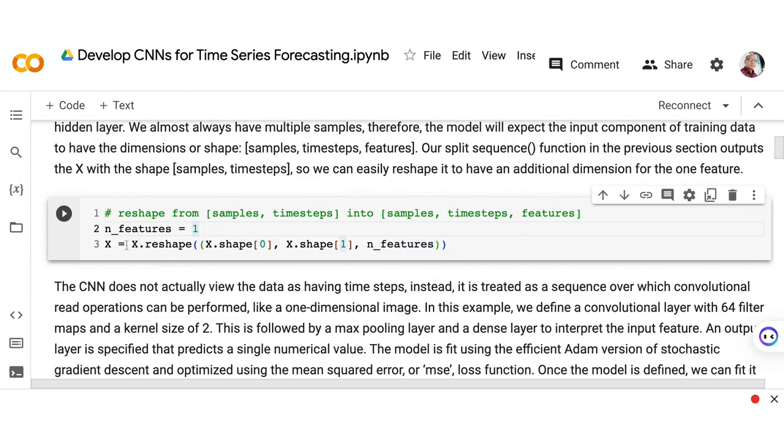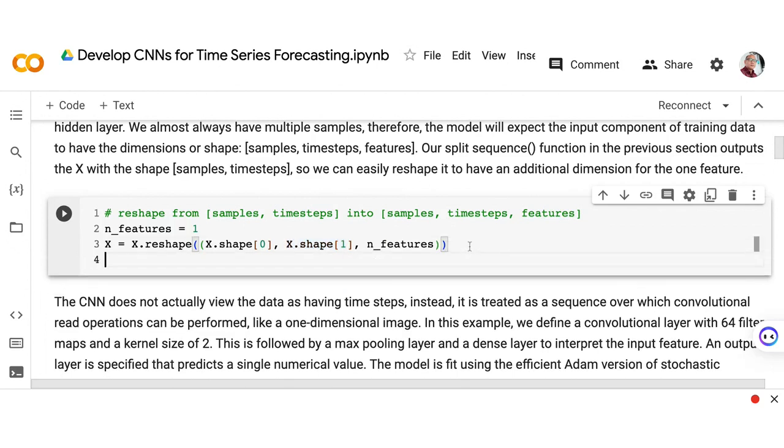Then we can reshape our input data into the following. We will get the first, which is the number of samples, which is 6. And then here, we'll have the second index, or index 1, which is equal to 3. So the 6 by 3 is the size of our x from earlier.